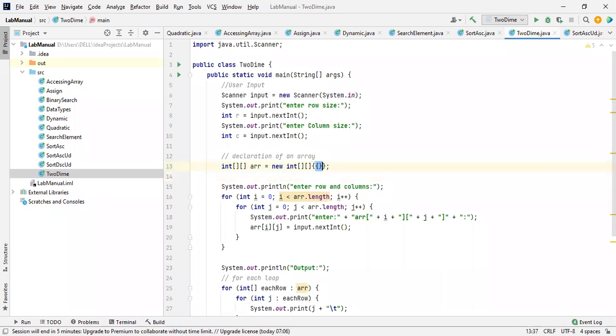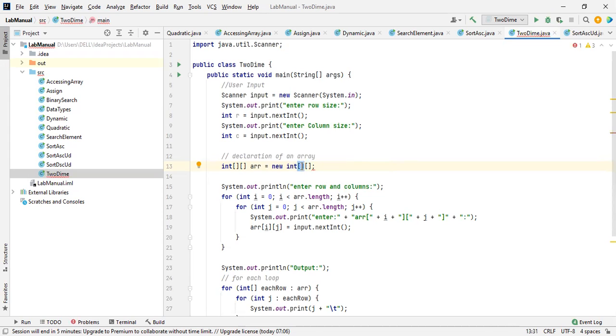Maybe you all know how to declare values, like 1, 2, 3, and another row 3, 4, and 5. See, this is the initialization of a two-dimensional array. We need to initialize, or else we have to fix a size.